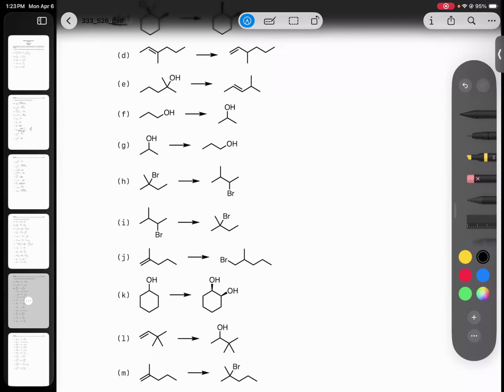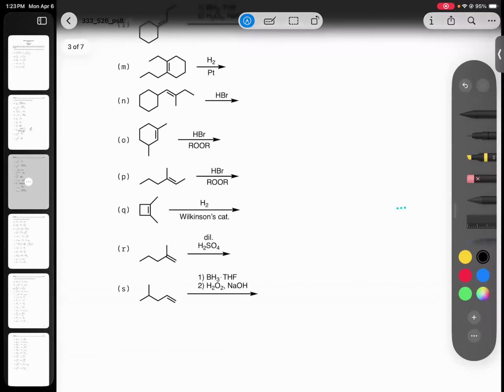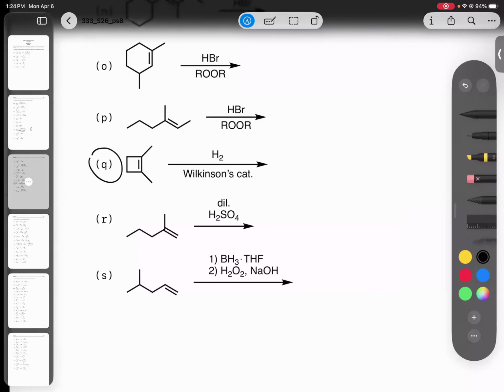You do want Wilkinson's? Wilkinson's, yes. Where was it? Here it is. All right, Wilkinson's catalyst. So H2 is the reagent. So what kind of reaction is that? Yeah, ignore the Wilkinson part. What does H2 do? Yeah, addition, specifically hydrogenation. Okay, so we know our product is going to be